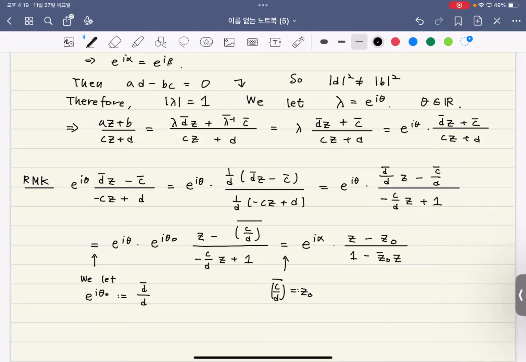And I prefer this expression more than that expression, because if you take a close look at this last expression, it actually gives us the idea of which point is being mapped to the origin in the W plane. So suppose that you plug in z equals z0. If you plug in z equals z0, then this function value must obviously equal 0, right? So that means if your point z0 is inside of this unit circle,